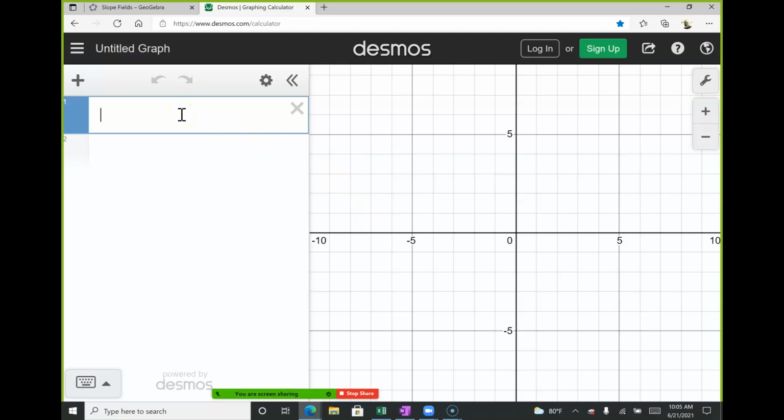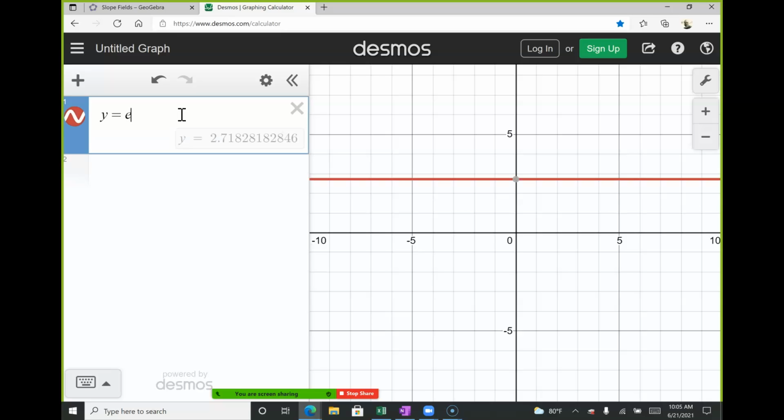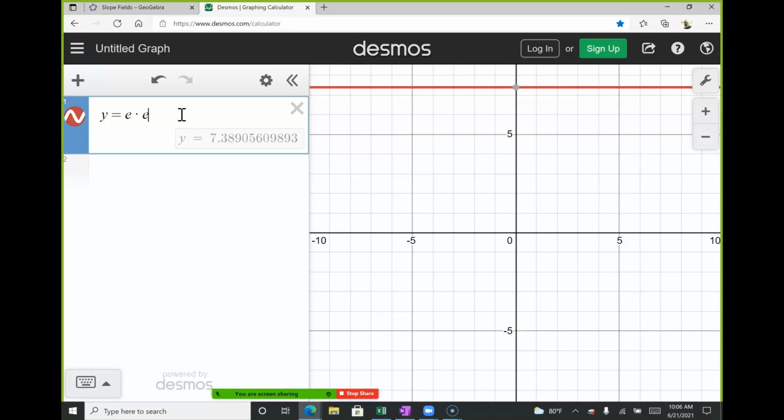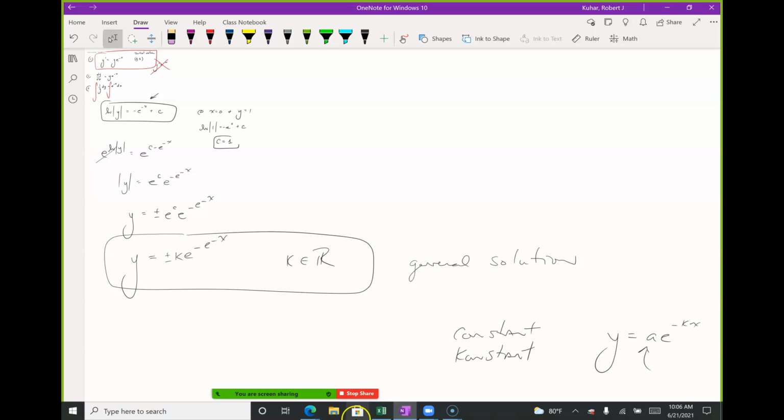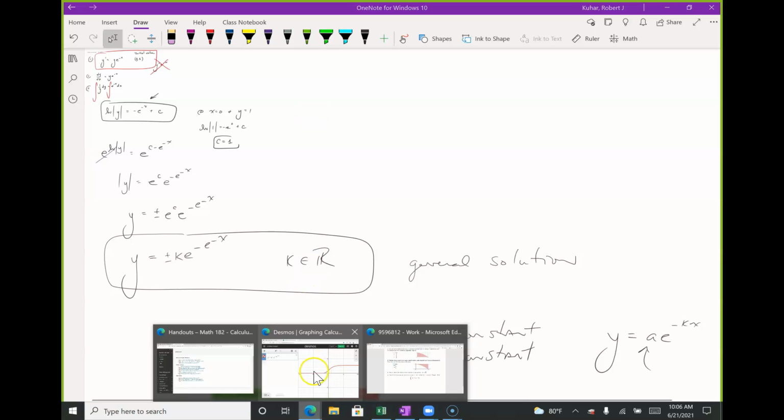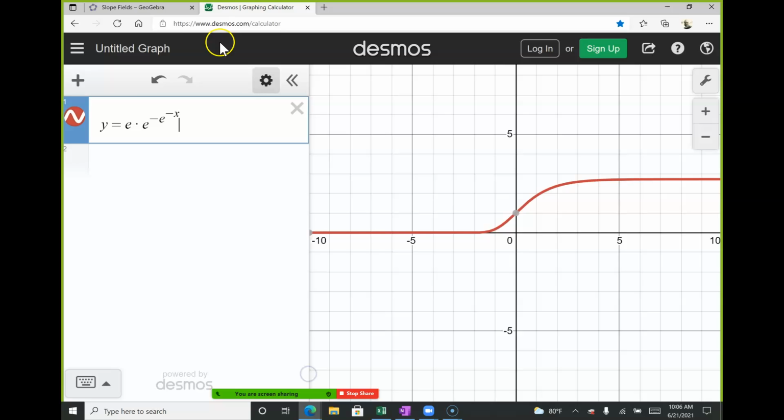And I'm going to put in my initial value problem, which was y equals e times e raised to the, I forget already, minus e to the negative x, is that right? Minus e raised to the negative x. That's right. And the main thing that I want to see from my slope field,